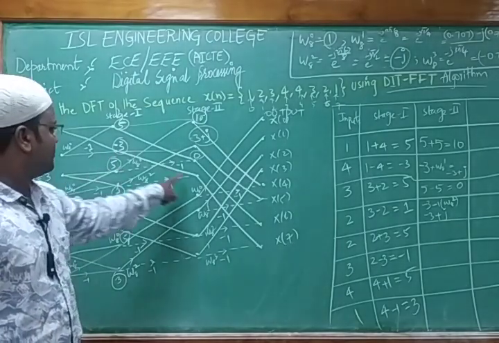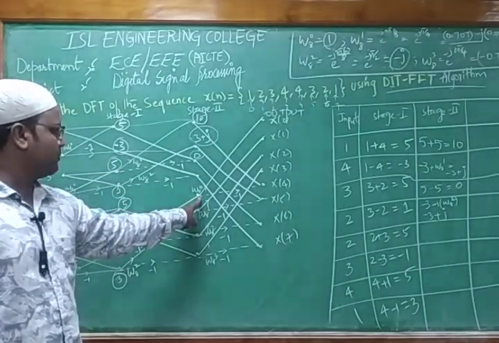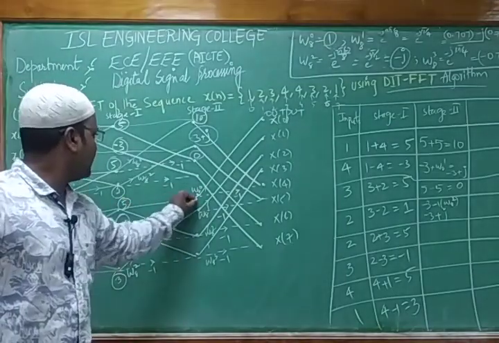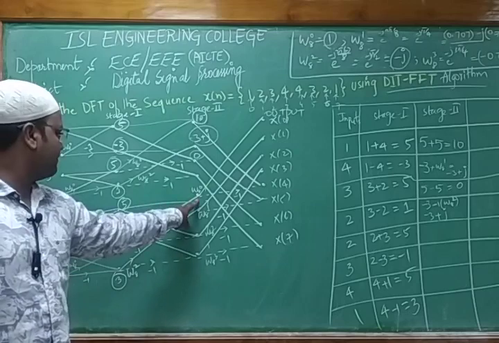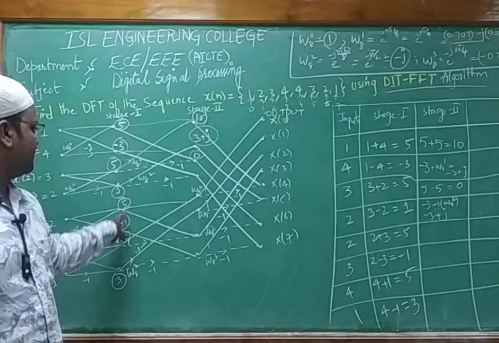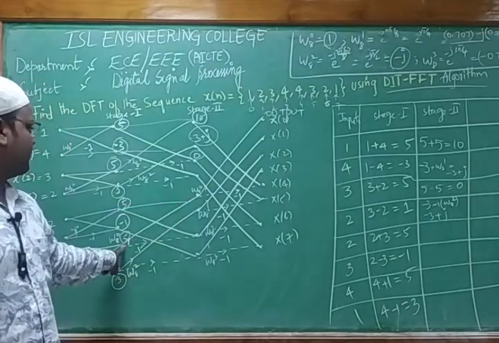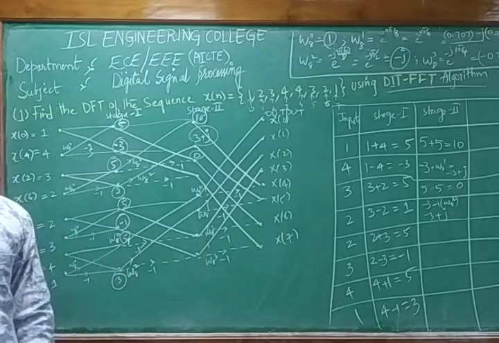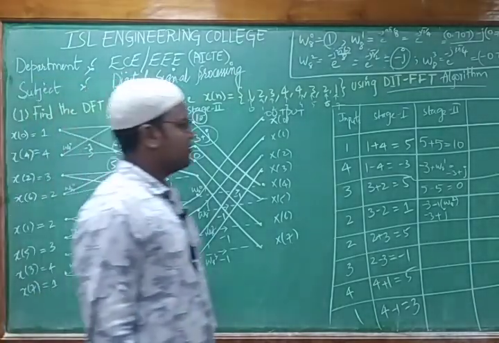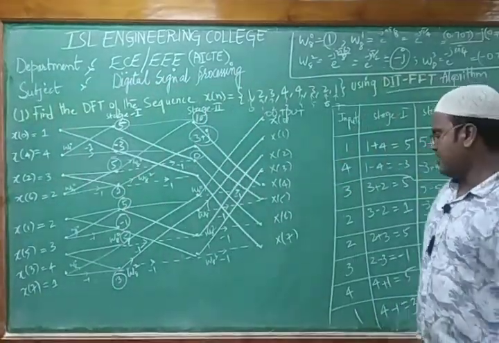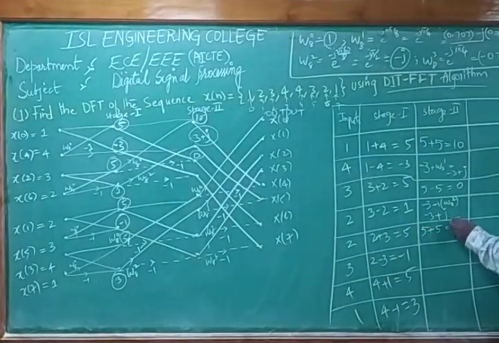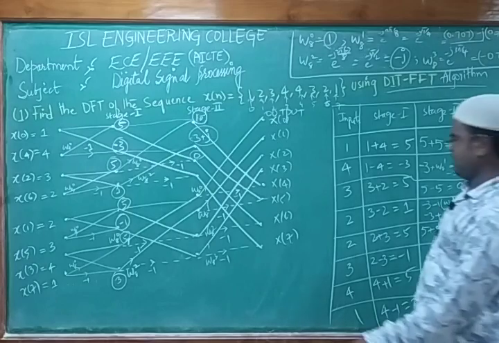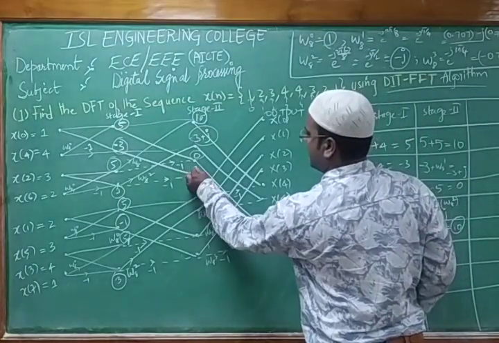Next, this is over. Next we'll proceed for the next input. What is the input coming here? So input is coming is, what is this value? Tell me, what is this? 5 and here is 5. 5 and this is 5. So 5 plus 5, I can make it as 10. So I can write that one. So I'm mentioning the same thing for that input. So 5 plus 5, this is nothing but 10. So mention that 10. So after this we got minus 3 plus